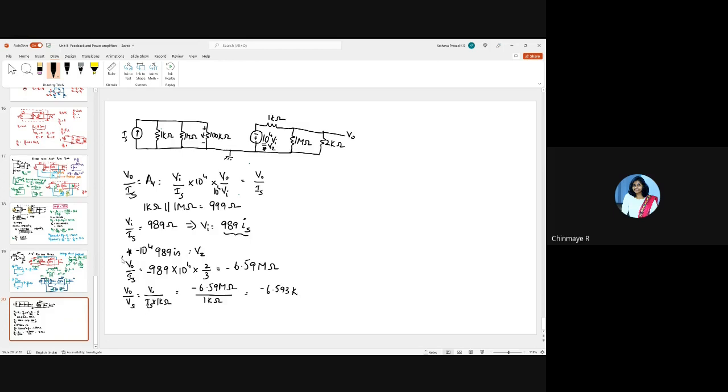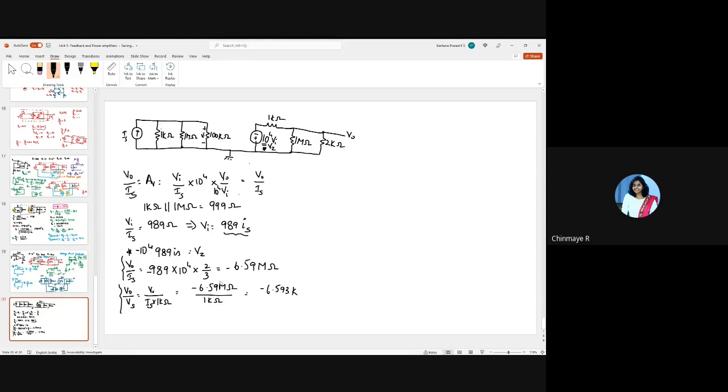Okay. So now let's look at this only. This is what we are worried about, right? Because we want V naught by IS, not V naught by VS currently, in order to calculate input impedance and all that. Correct? So this is the open loop gain V naught by VS. And this is V naught by IS open loop again. See, both are open loop. These are not closed loop gains. I hope you are able to make out the difference, correct? These are open loop gains, both of them. We have still not calculated the closed loop gain.